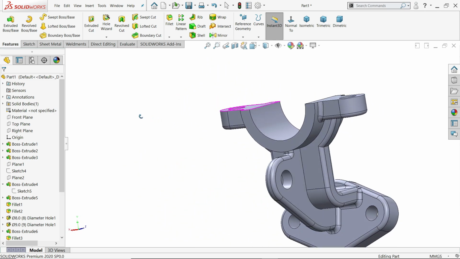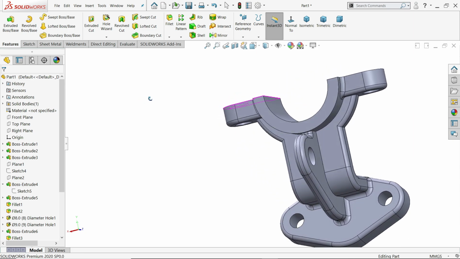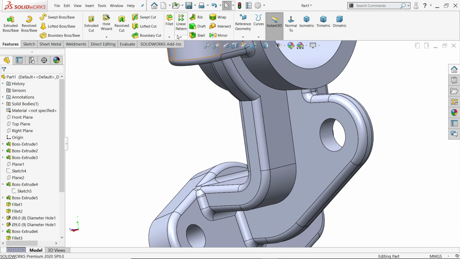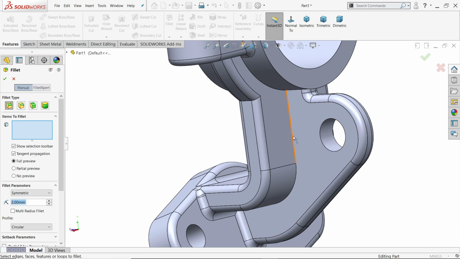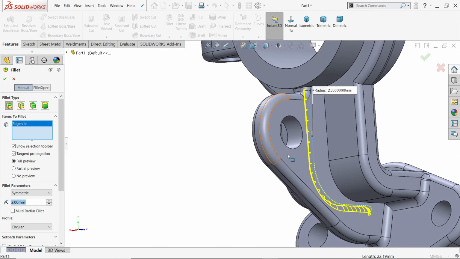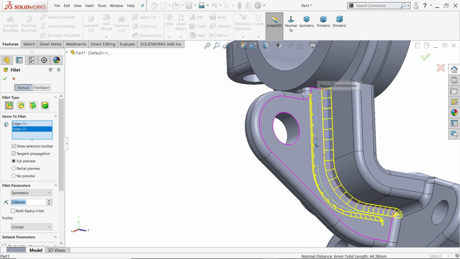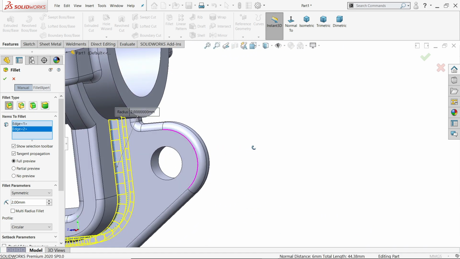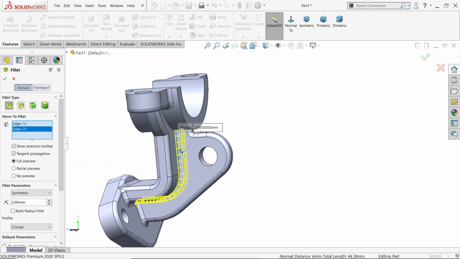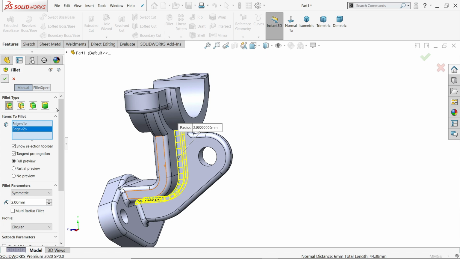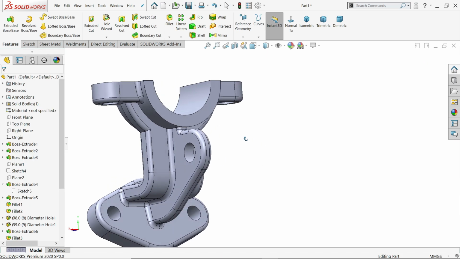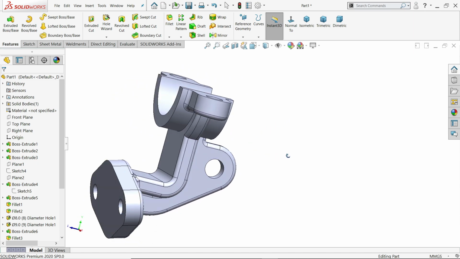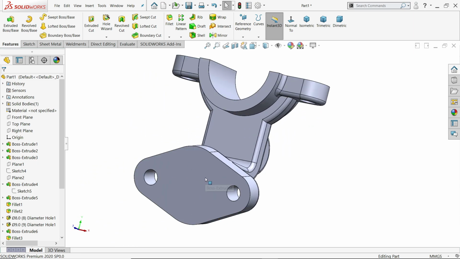Now I think we achieved all the holes. Inside we forgot. Okay, now there are no fillets, so let's do this. Okay, let's make the last thing.